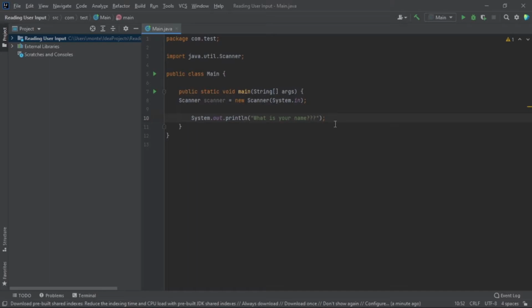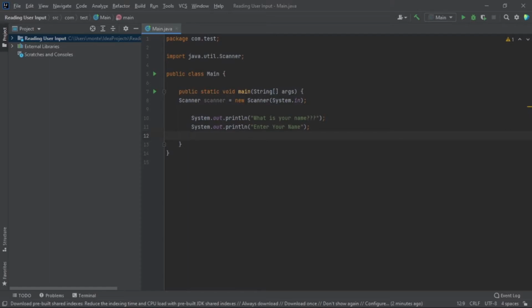And then underneath that we'll print enter your name. Oops. Then